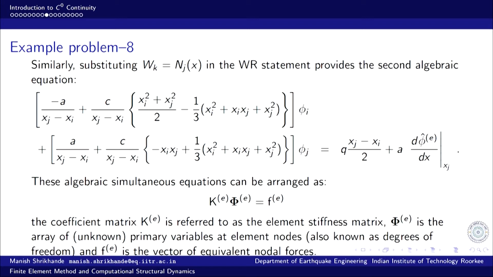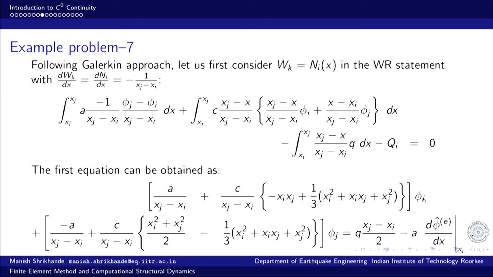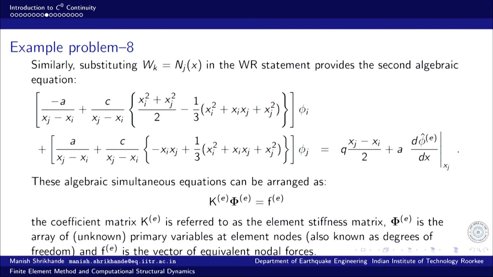So, these two equations, this and the previous one, are equations in terms of phi_i and phi_j as unknowns. So, two simultaneous equations, and they can be arranged in matrix form. So, we have this 2 by 2 system. K is referred to as the element stiffness matrix in the structural mechanics domain. In general, the name has stuck, so we just refer to it as the stiffness matrix, although it is a coefficient matrix for simultaneous equations in other domains of application.